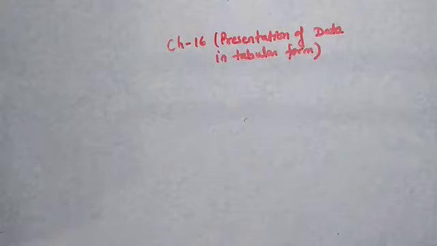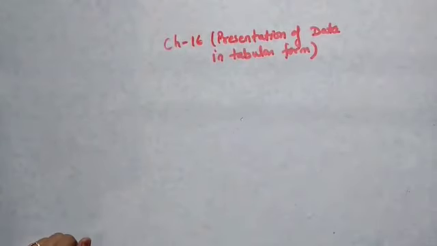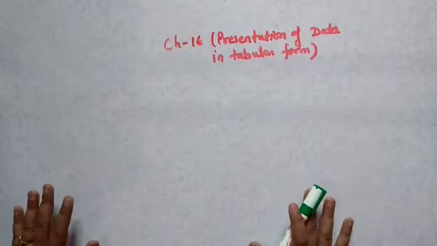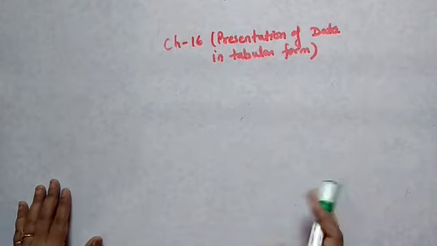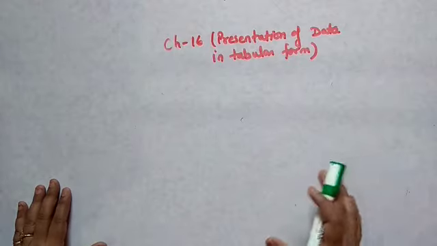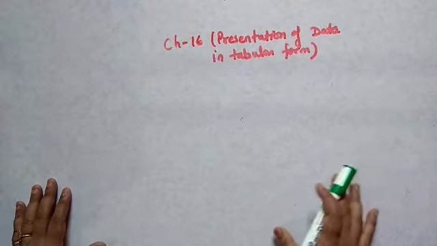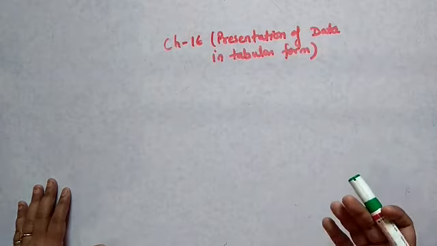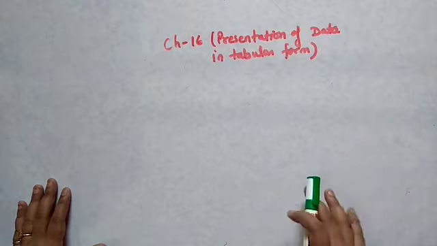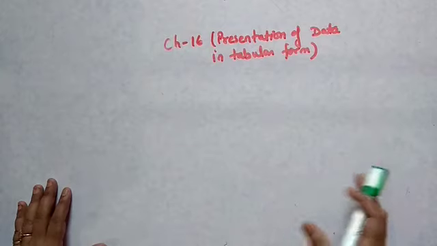Good morning students. Today we are going to start the chapter, presentation of data in tabular form. In this chapter we will discuss how the graphs and the tables, and whatever ways we are using, can organize the information that we have regarding any events or any institute or anything. How can we organize them in a graphical or tabular method?